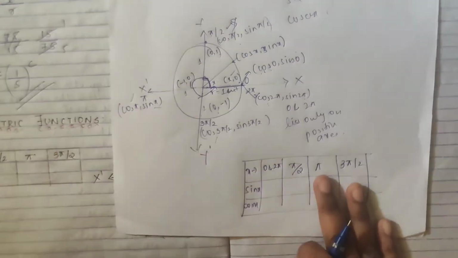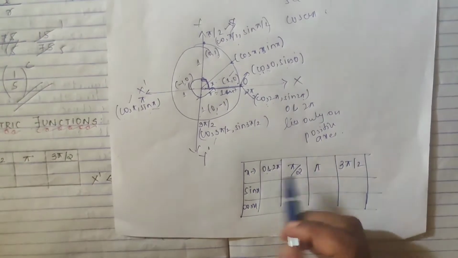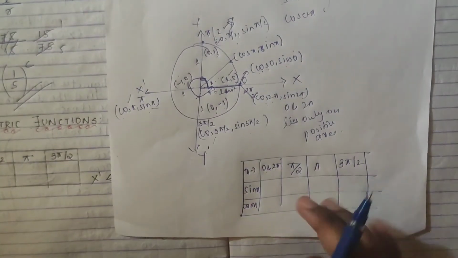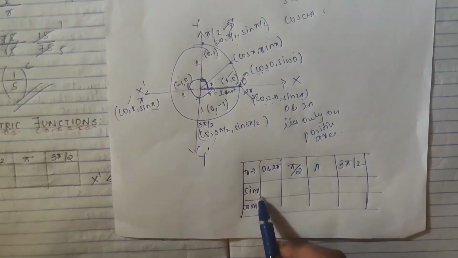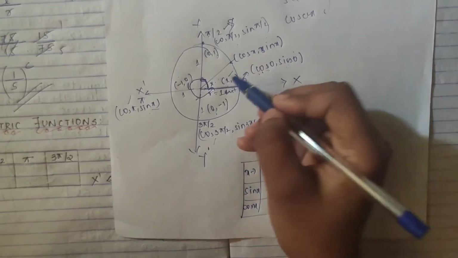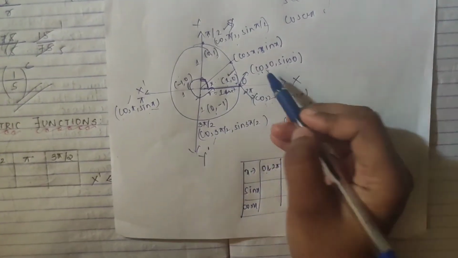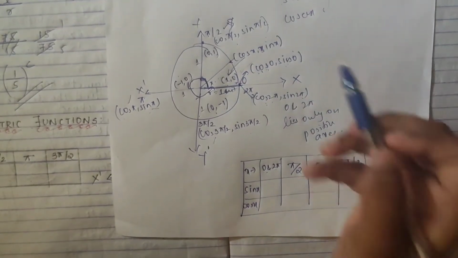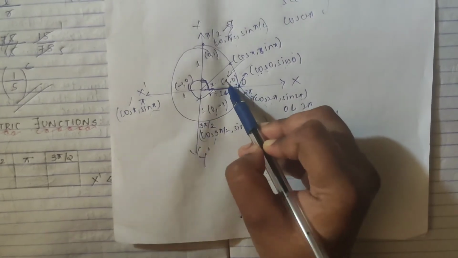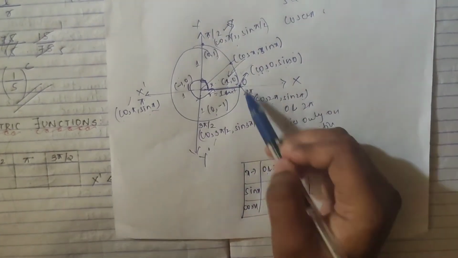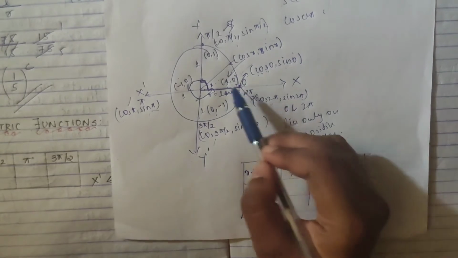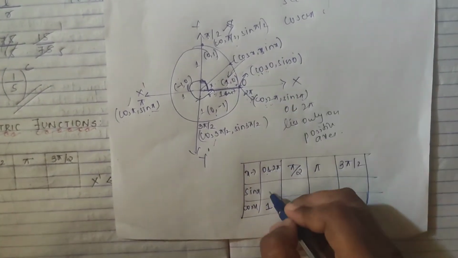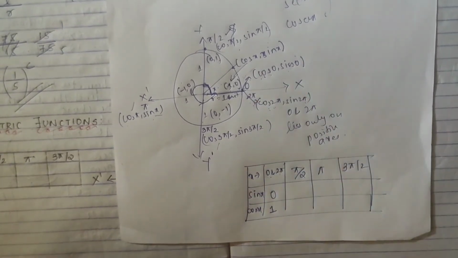So you see, in one table we have taken 0 and 2 pi, which lie in one section only, so you get 1 only, right? At one part only. You can see sin x and cos x are written. For cos it is 1 coordinate and for sin 1 coordinate only. So at 0 and at 2 pi, you get cos as 1, and sin 0 and sin 2 pi you get as 0. Check it properly, okay?